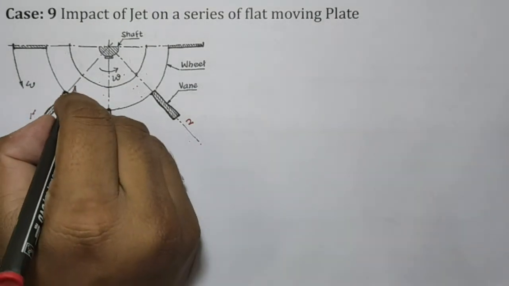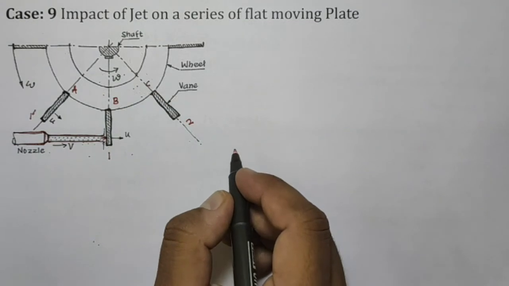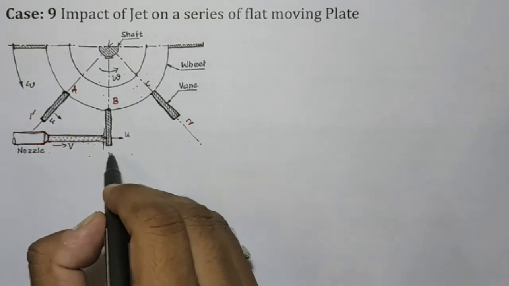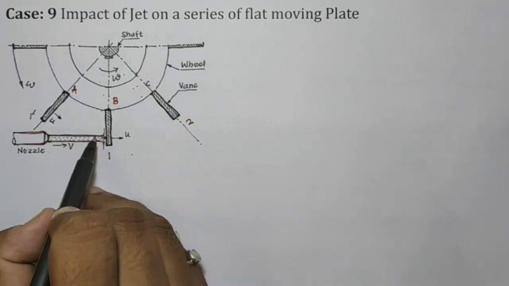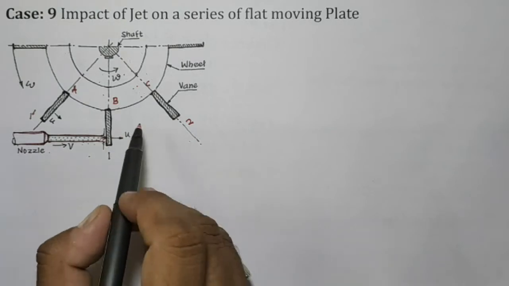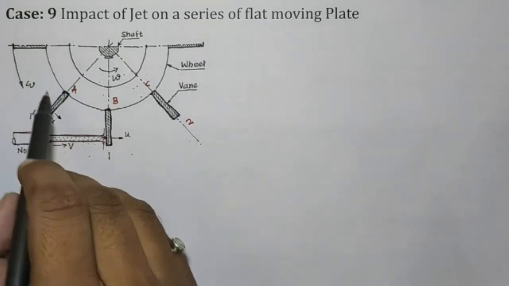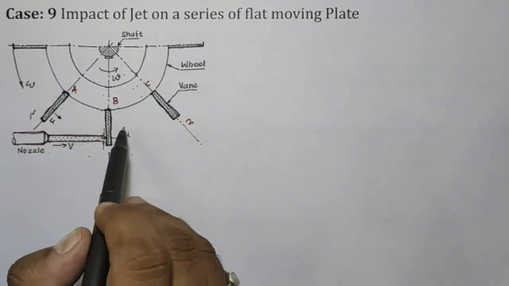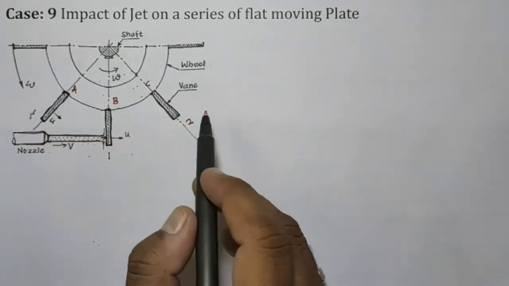We will consider A, B and C as the vanes. When B moves from location one to location two, A comes in contact with, or under the influence of, the jet for further energy transmission. This is how the continuation of vane replacement plus energy transmission occurs. So this is all about this particular diagram.